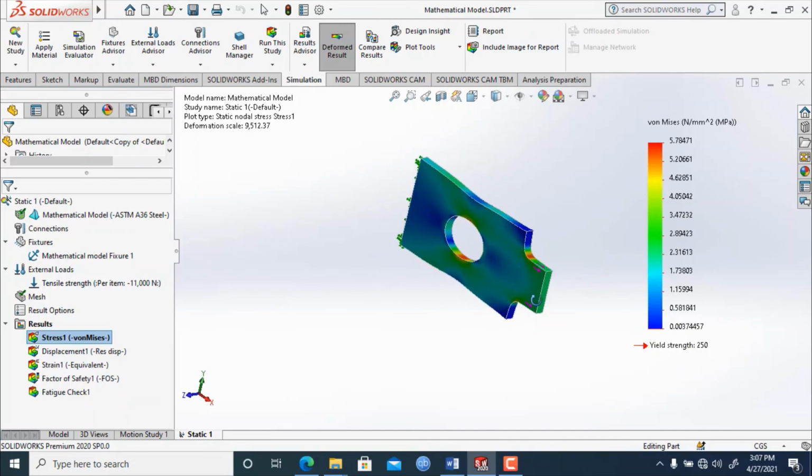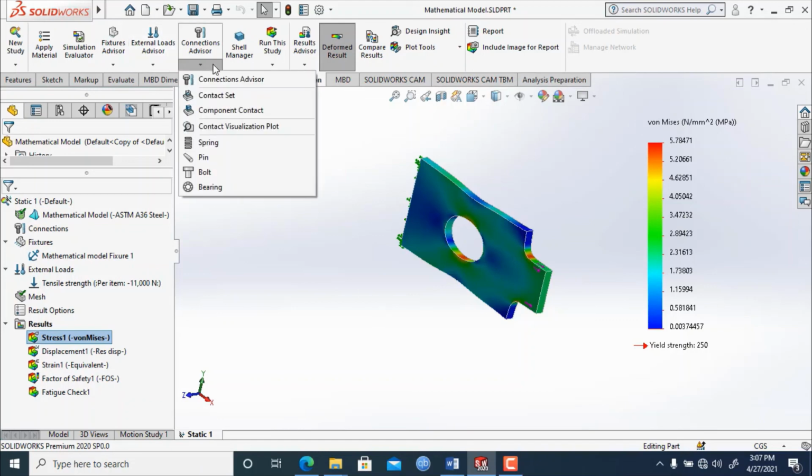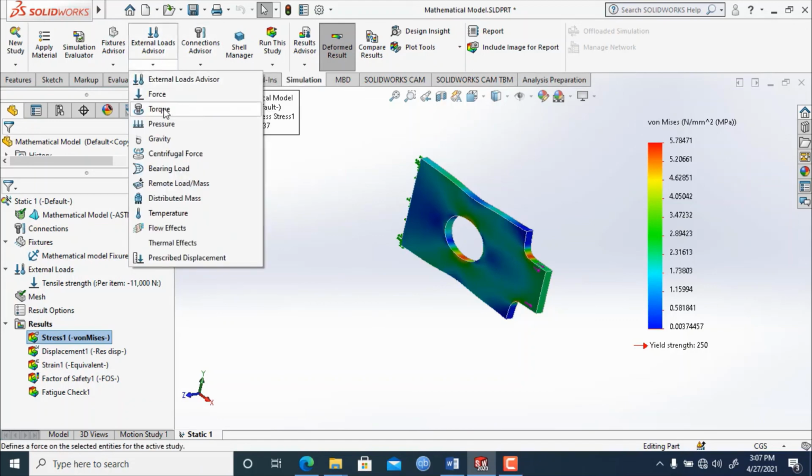This is all about applying force on a particular model and analyzing the result in different methods. In our next lecture we will talk about torque. I hope this stress analysis was clear to you guys, and thank you for now. I will catch you in the next one with torque analysis.